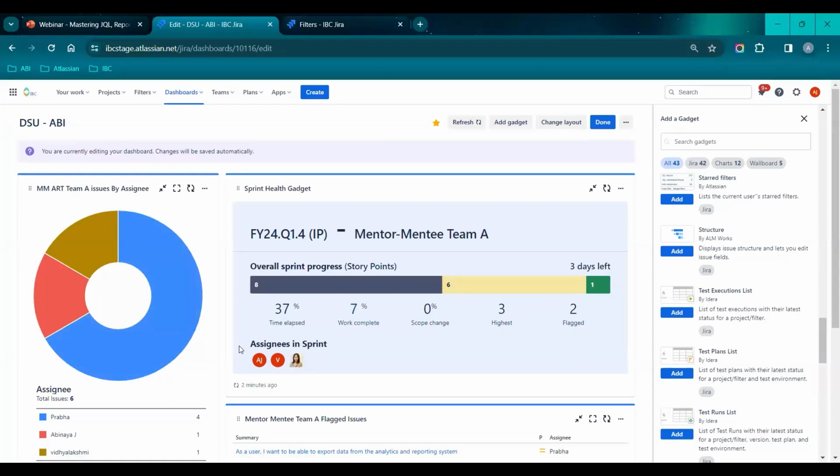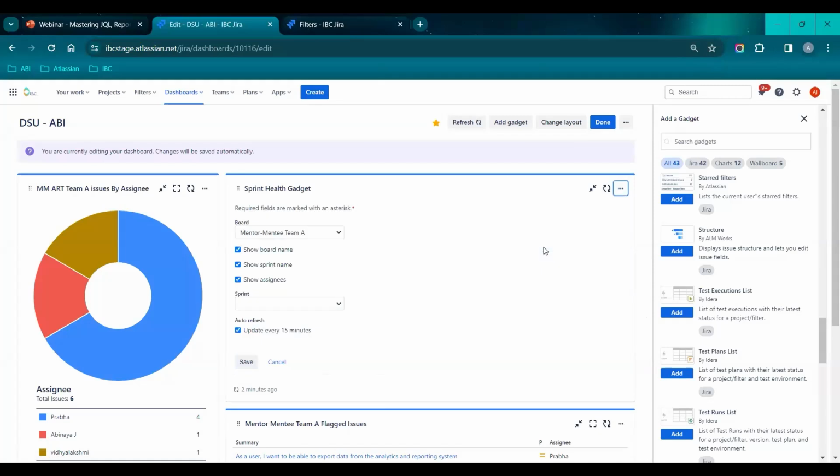And it also displays the assignees in the current sprint. You can ask me now how this gadget is automated. If you click on these three dots and click on the configure icon, it says the sprint view is set to auto. So once the team is closing the sprint and opening a new sprint, it automatically changes the data